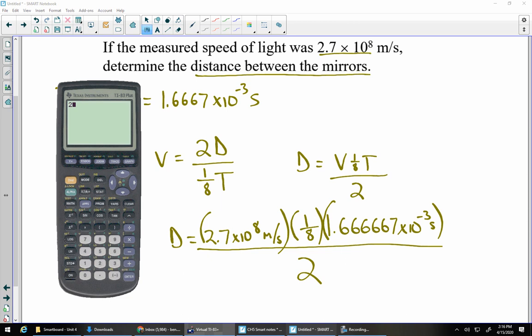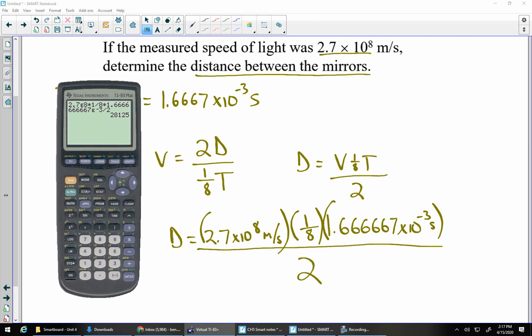So I would do 2.7 times 10 to the power of 8 times 1 divided by 8. So there's my fraction right in it, times 1.666666, whole bunch of them, 7, 10 to the negative 3. Just double check I got it in there right. And then divide by 2, and we end up with, holy moly,